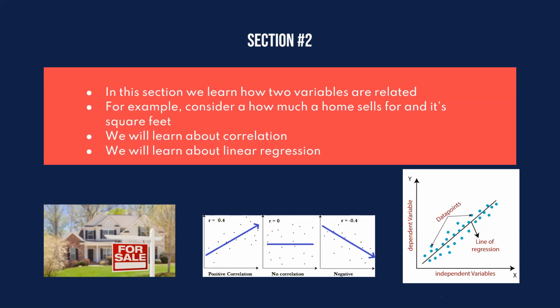So what I'm saying here is, suppose there are two variables related to a house sale. There's the house's selling price and the square feet of the house. Interest rates are really low, but I digress. So suppose we have these two things, how much the house sells for and the square footage of the house. Do you think those two variables are related to each other? Yes, they are.